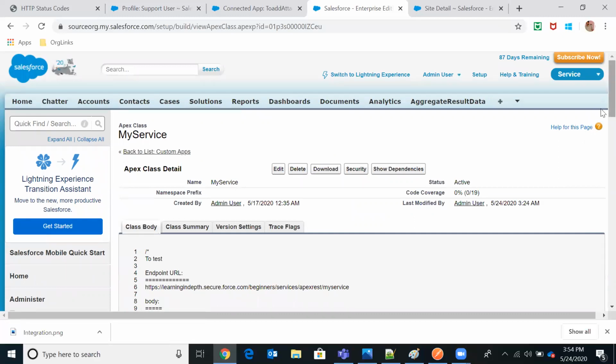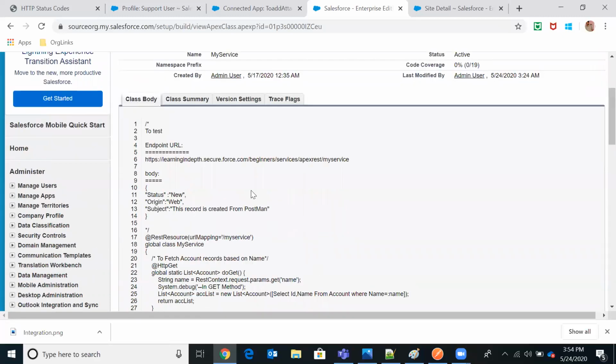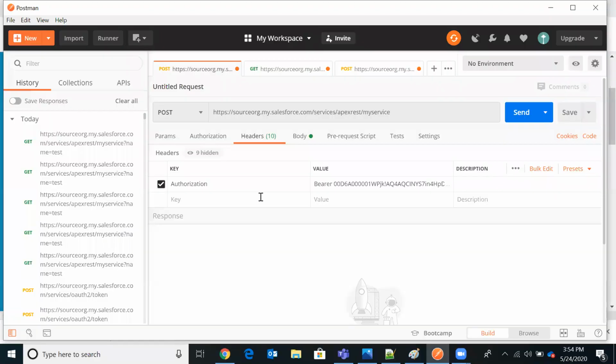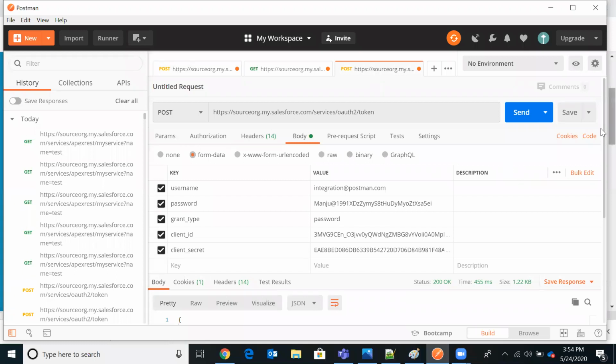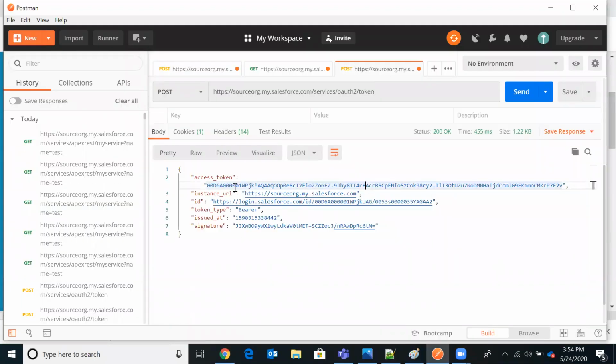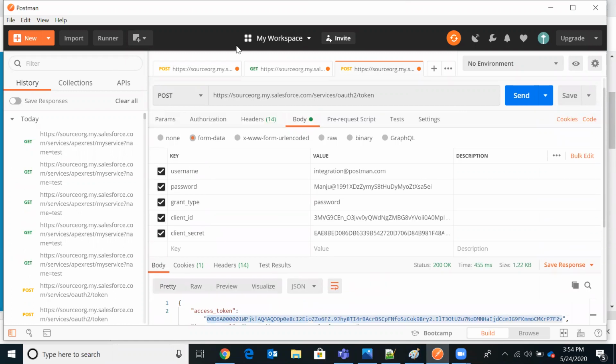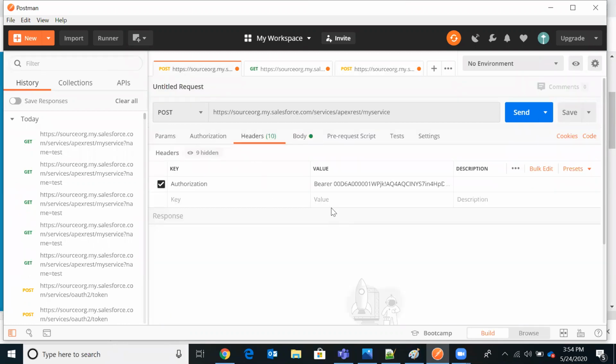So this is the body that I'm going to utilize. Again I'll utilize the same access token, which is still valid. I'll take this access token and go to the POST request, in the header.